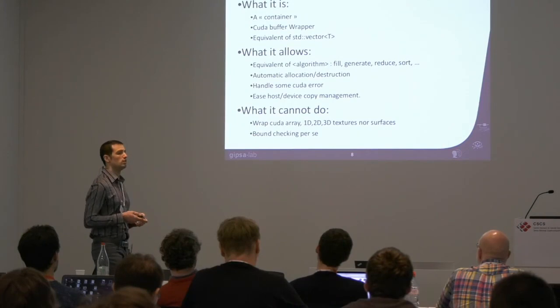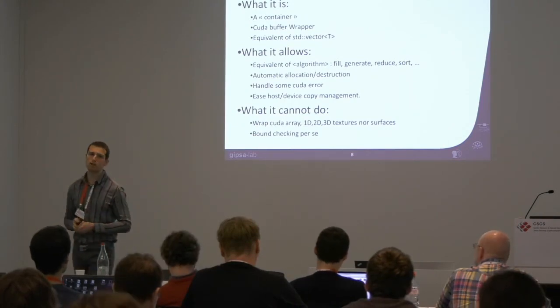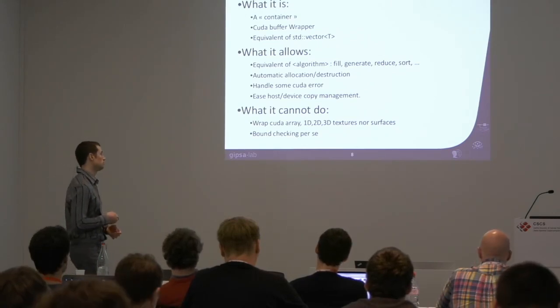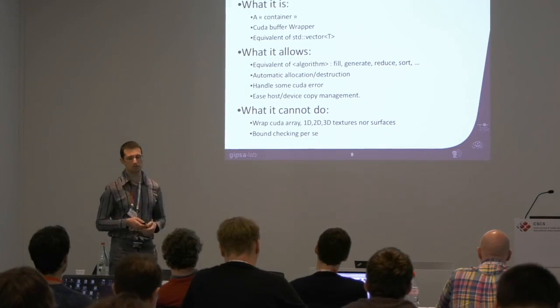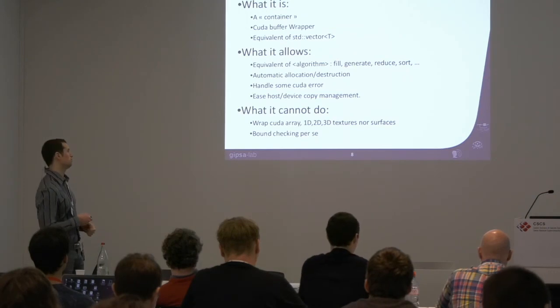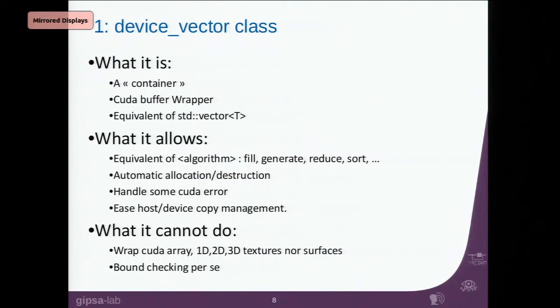And what it can do for people who have already used textures for signal processing, for instance 2D or 3D textures, or surfaces, which is an API given by CUDA that allows performing fast read-only lookups. You won't be able to use that through the device vector from Thrust. And as it's designed to be fast,